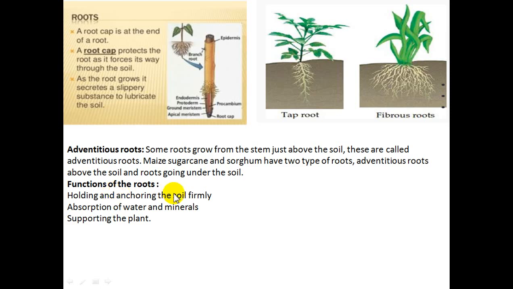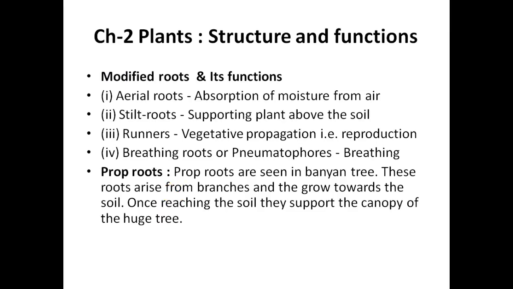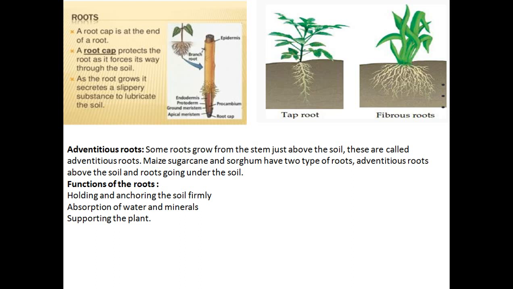Okay, so now we are going to end our class here. In the next class, look at page number 11. We will study about the stem, and we will discuss a few more points about the root. You will see there are some questions written on page number 11, like what would happen if plants like tamarind, banyan and mango had fibrous roots. So we'll discuss that in the next class.